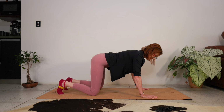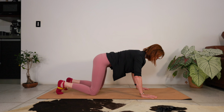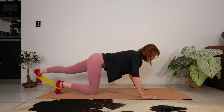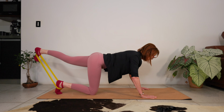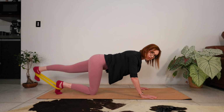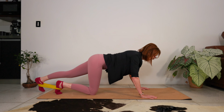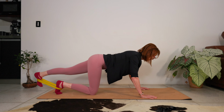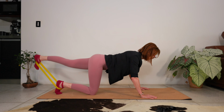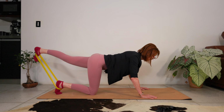Soften your elbows. Press your hands evenly into the floor. Stretch the opposite leg now. So we're just going to lift and lower. Keep your abdominals engaged. Let's do 10, 9, 8, 7. Nice work. 6,